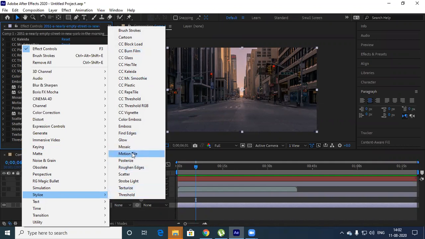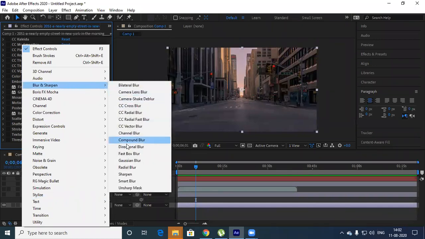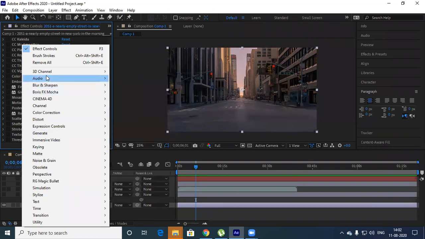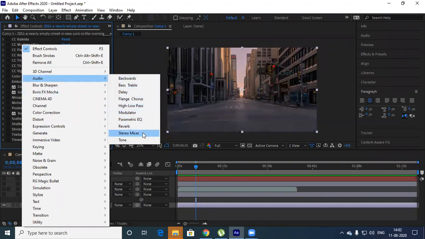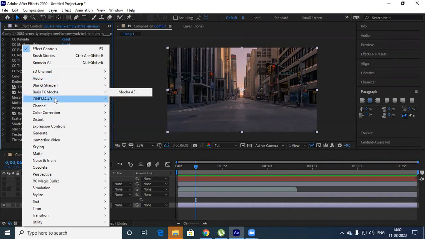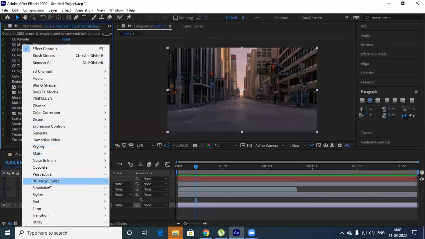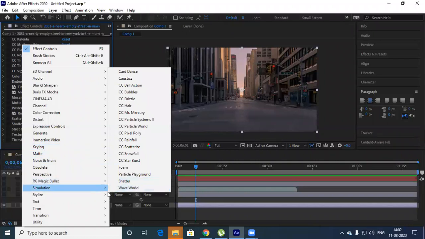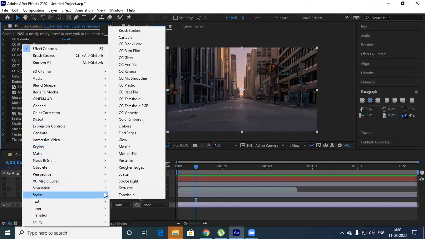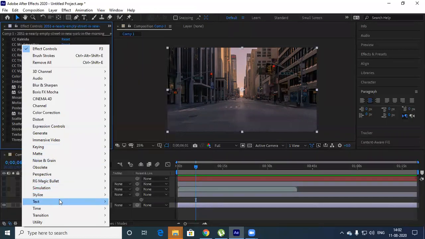So again, guys, I'll tell you, blur and sharpen. We use couple of things which are really important. CC blur, camera blur. Okay. Under audio, when you work on audio, you can just check with this. There is a delay you can give. Okay, reverb and all. So that's what each and every tab is having, certain very important effects. When you work, then only you will understand.